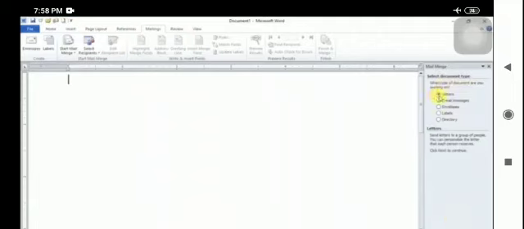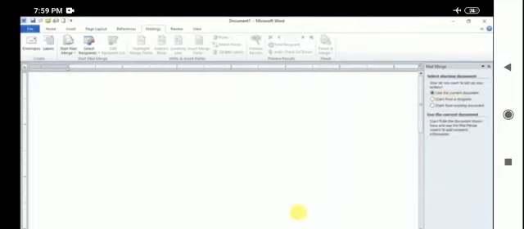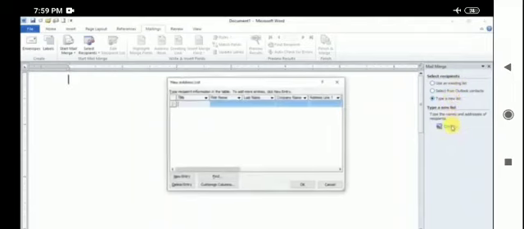This is to select the type of document, is it a mail or envelope or label or directory? So we will use letter. Now next is starting document. Use the current document, meaning we will be making our letter here, this page will be made as a letter. So this document will be used now. Select the recipient. Use the existing list, meaning if the list is already made then you will use that. If it is not made, type a new list. Now click here, you will click on create. You will get this box in front of you.